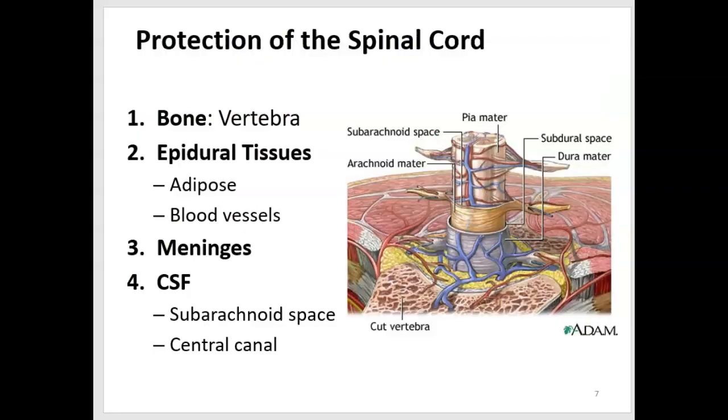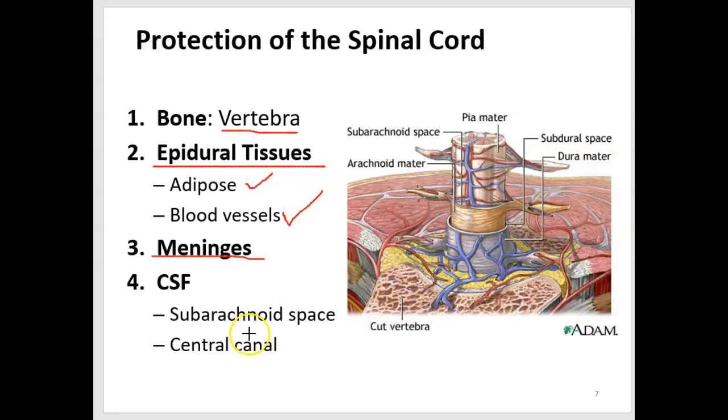So the spinal cord is protected by many structures, including the vertebrae and some tissues that exist between the vertebra, the bone, and the meninges that tightly cover the spinal cord. These tissues we refer to as epidural tissues because they are superficial to the dura mater. And the tissues are adipose, which provides cushioning, and blood vessels, of course, because the spinal cord and the tissue surrounding it will need an oxygen supply from the blood and a way to get rid of waste